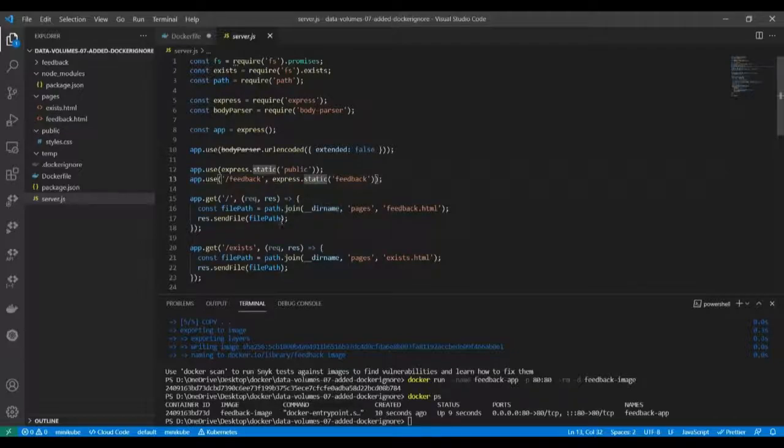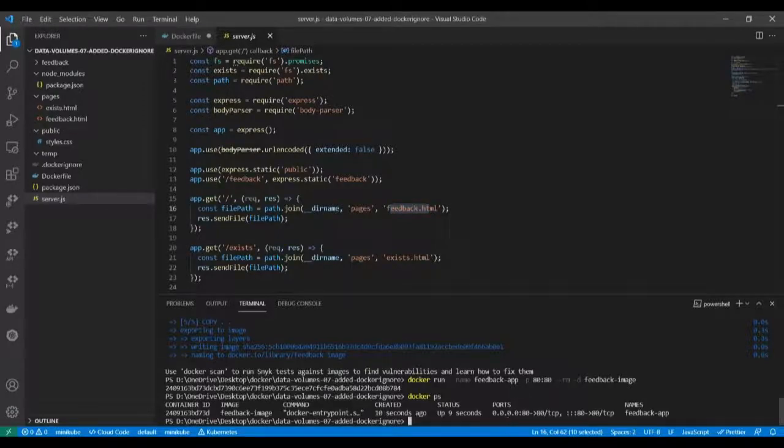Once we start it, it will show a feedback form. When we enter a feedback, it is stored within the container, and if we enter the same feedback, it will give this exist error. So this HTML will be returned, otherwise this will be returned. It's a pretty simple program. Let us see when we run it.